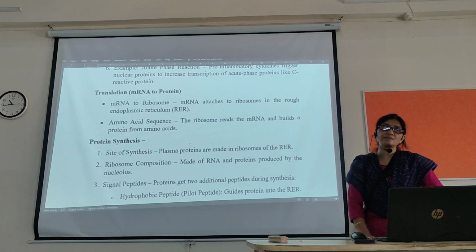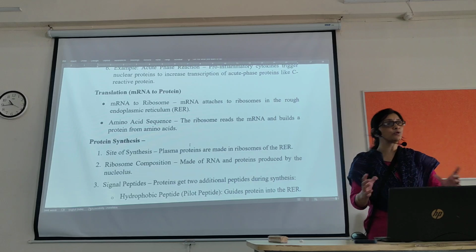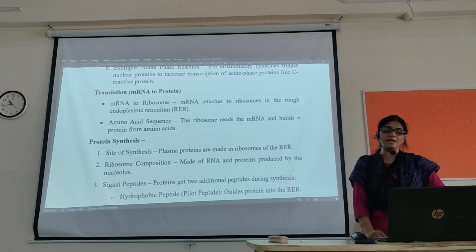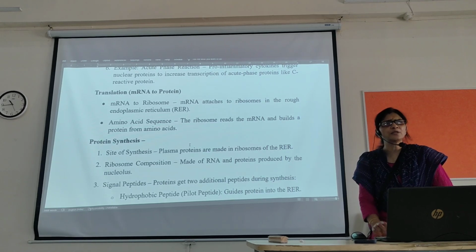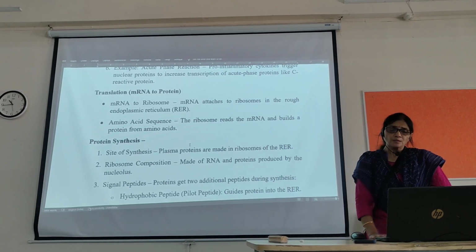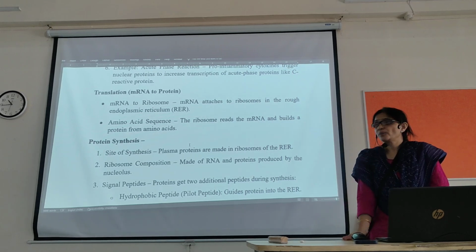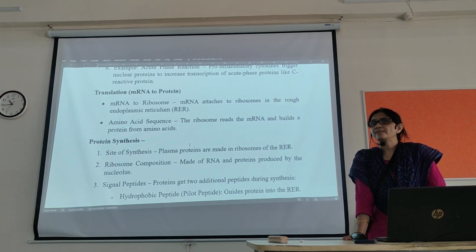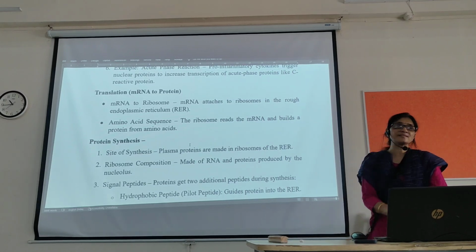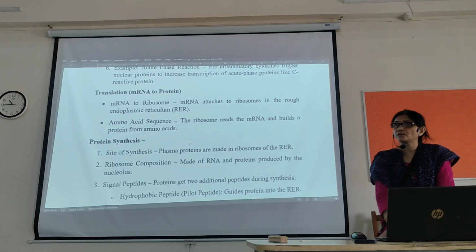After that, translation is there. Transcription झाल्यानंतर mRNA translate करतो जी पण information असेल. So mRNA to ribosome, that is mRNA attached to ribosome. Everybody knows ribosomes. Okay. Then mRNA attached to ribosomes in the rough endoplasmic reticulum. Rough and smooth, endoplasmic reticulum चे दोन टाइप्स असतात. हे सगळे पार्ट्स जे आहेत ते कॉम्पोनंट्स आहेत, ते सेल मध्ये असतात. ओके, सगळी ही जी प्रोसेस असते ही सेल मध्ये होते.